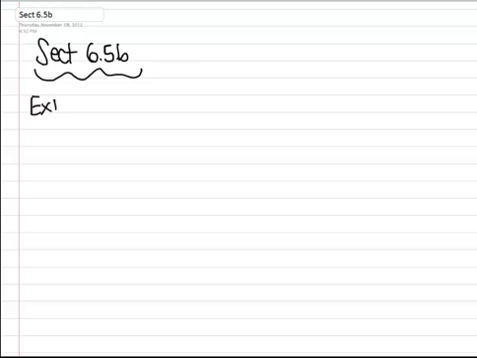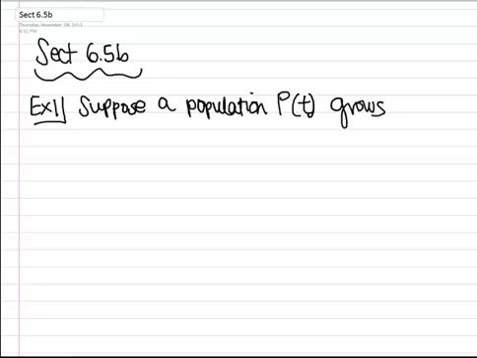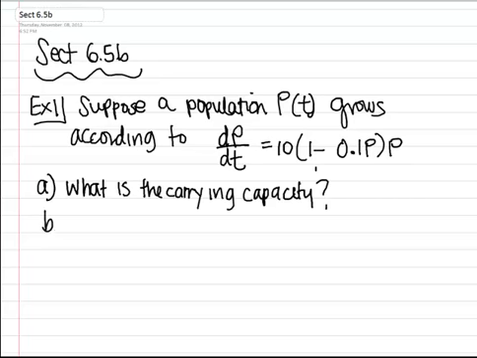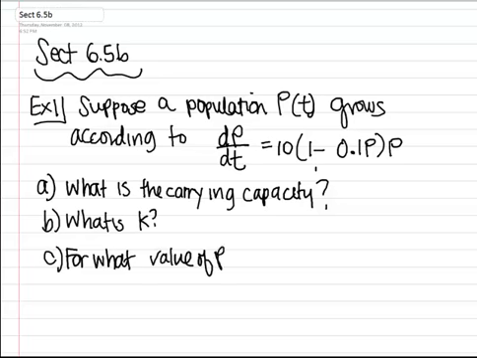I'm going to do two examples. The first one, let's suppose a population, P of t, grows according to this differential equation: dP/dt equals 10 times (1 minus 0.1P) times P. So I have a couple of questions. I want to know what is the carrying capacity. I want to know what is K, the constant, and for what value of P is the population growing most